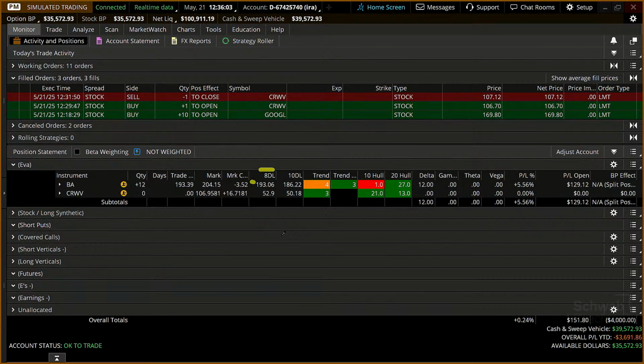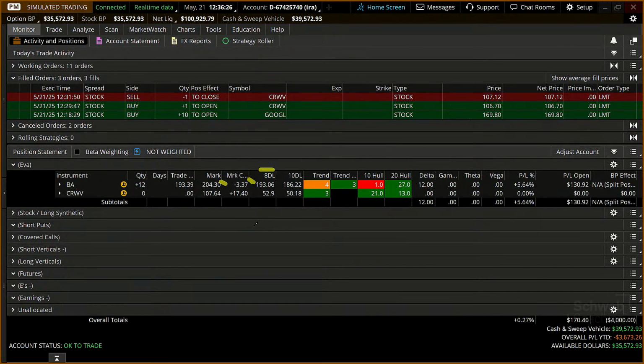193.06. Well, who cares? Well, sometimes people use day lows as a way to move up stops, or to say, look, if we get down below the 8-day low, I want to sell, the investor says. Well, we don't necessarily have to pull up a chart to see that. What's nice, we can look at what the mark price is now and where the 8-day low is now.